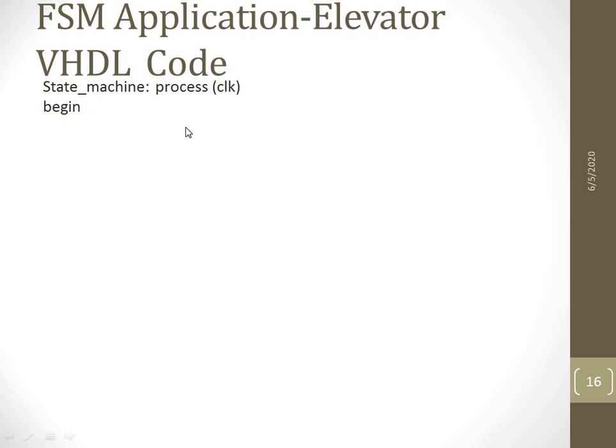So I am taking a process statement, and within the process I am not going to use all the sensitive variables, because clock is a must. This is a sequential device, so with the help of the clock it works, and I have considered only a clock. Begin. If clock'event and clock is 1, that means when the rising edge of the clock appears, then what are the states? For switching between those 6 states, I am using the case statement, because case is a switch case statement, easily suitable.